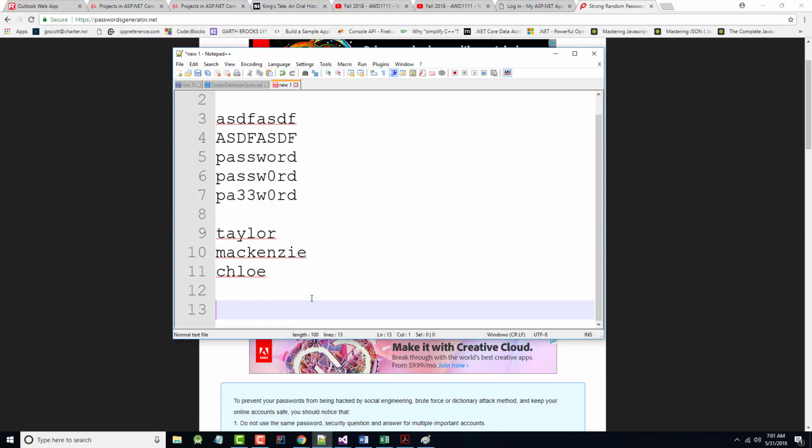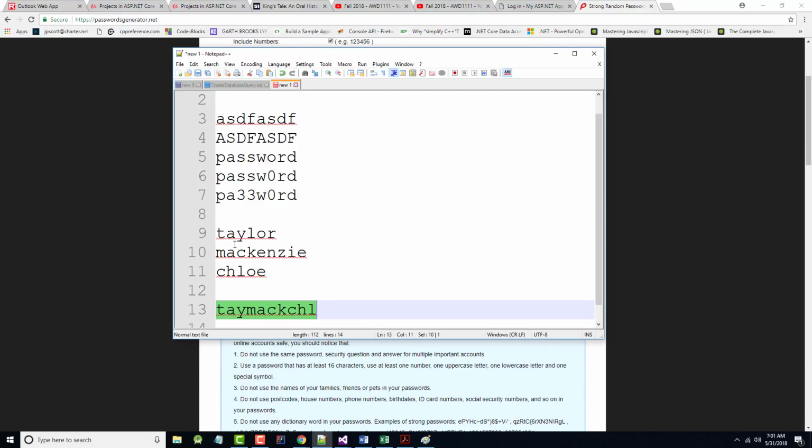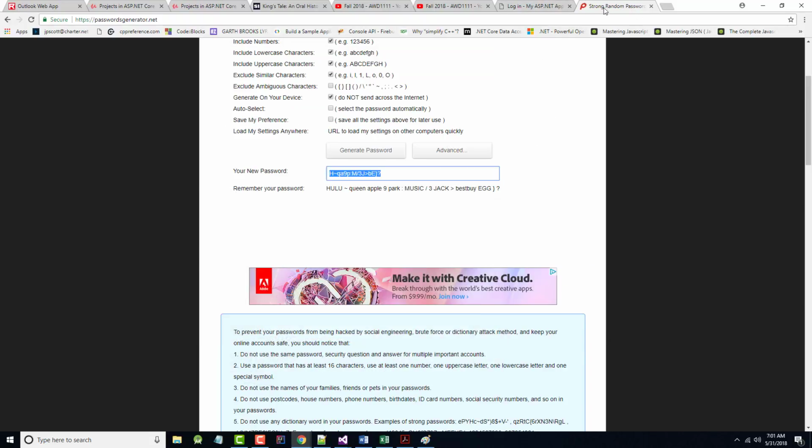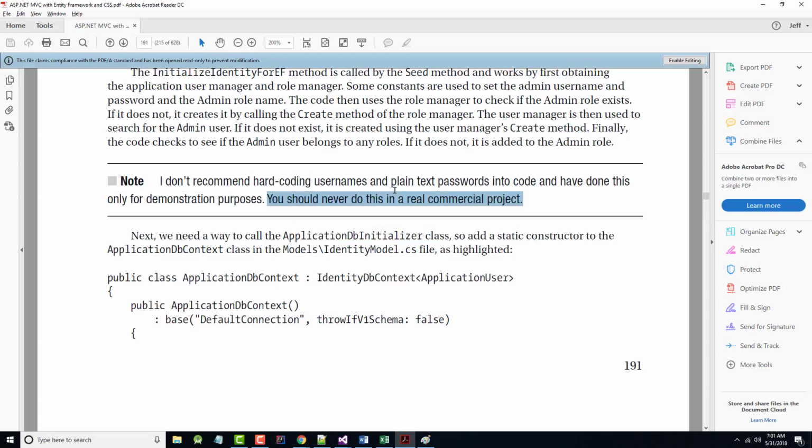And not anymore, but a while back, my password for, I don't even remember what it was for. It was something for my key. I don't remember. But it was like Tay, Mac, CHL. Why that? Well, as you can see, first 3, first 4, first 3. And a lot of people end up doing that because they want a password that they can remember. I'm not saying that's good or bad, but even with that, you would never, ever, ever put that stuff into